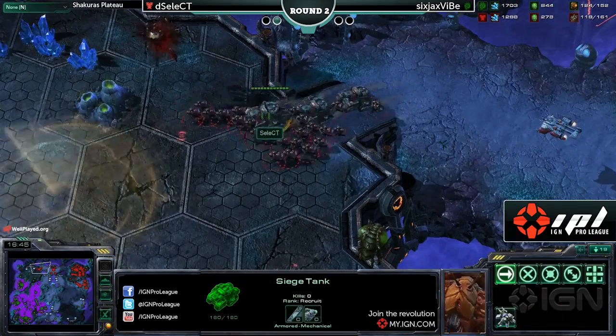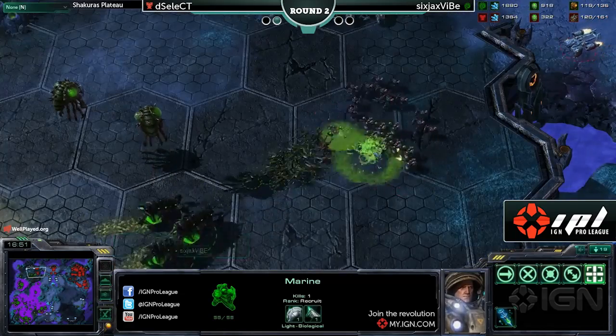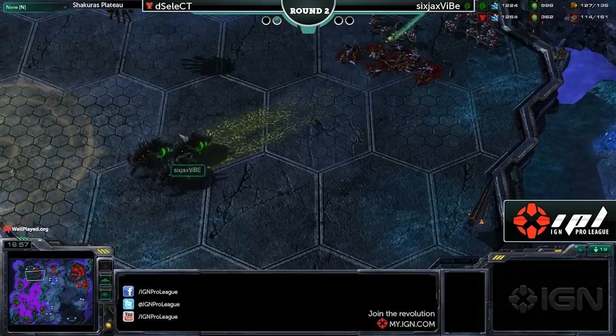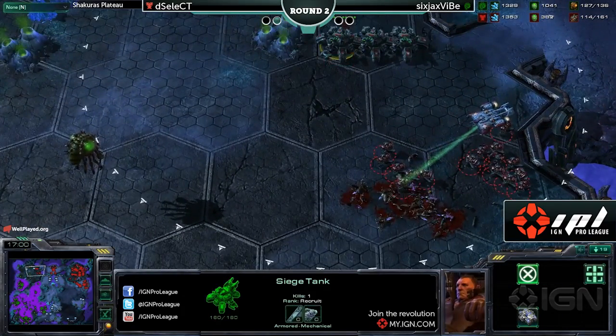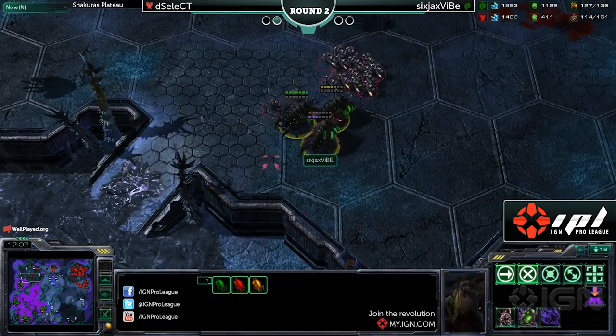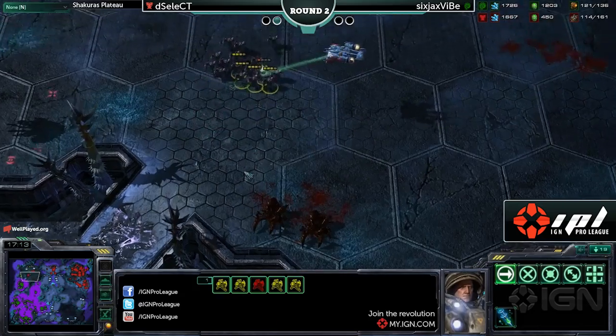There we go. Select is going to be able to pick those off, and he is attacking through the top as well, but he does get some of those Marines with fungal growth, and they're getting shelled by their own tanks. But ViBE wisely pulls back, but I don't think ViBE has enough to stop this push. Yeah, and this is huge. This is what I was talking about. Select, if he can control this high ground, it spells disaster for ViBE,